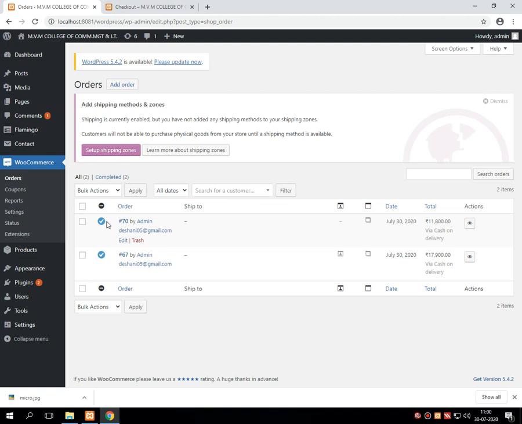So with these two examples, what we have learned is that the first phase of WooCommerce is to set up the entire store for selling the product, that we did in our last lecture. In this lecture, what we have done is purchase one product by the add to cart facility.